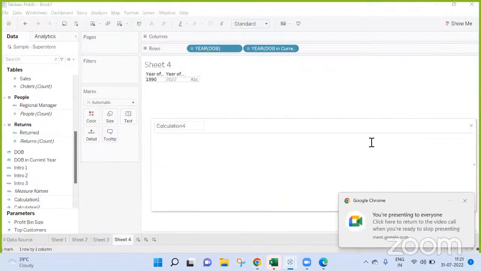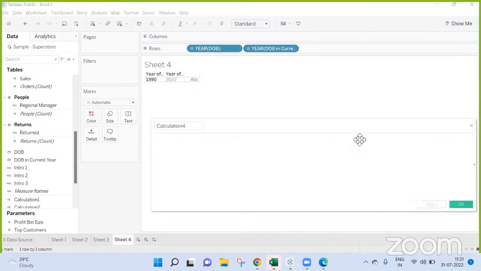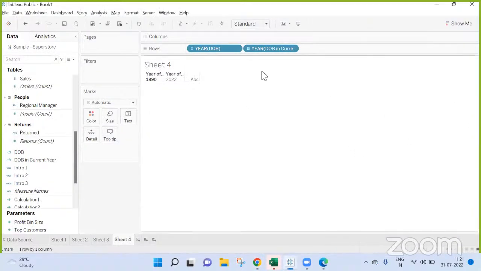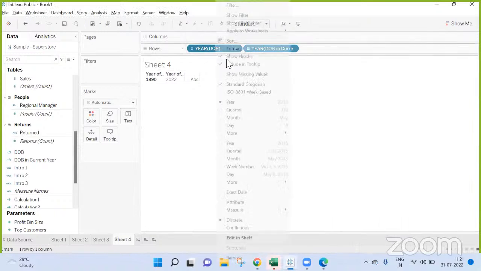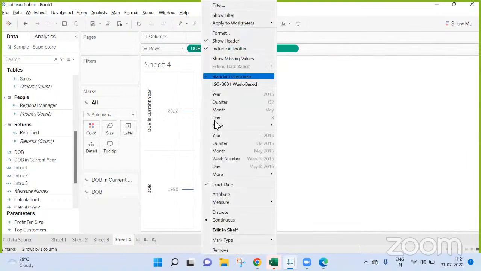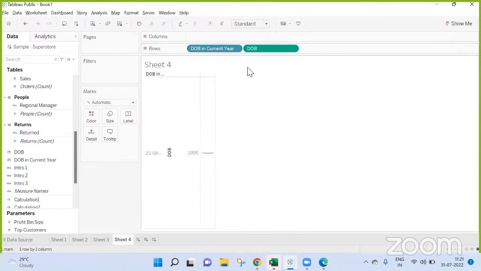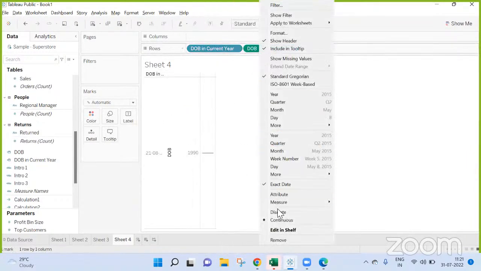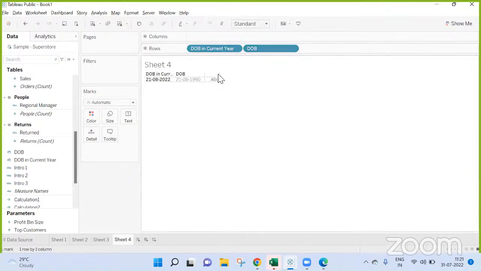So here my point is, I'll tell you my logic. What I did is, let me get this to exact date, this to discrete, and this to discrete. Now first I will check, this day I have converted to the current year, whether this is greater than my current today or not.